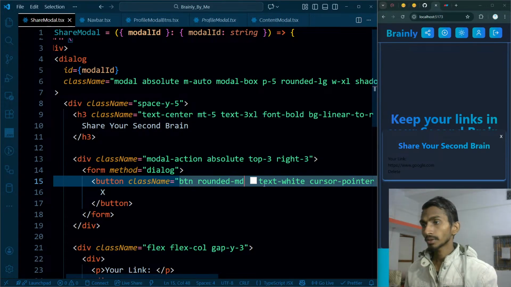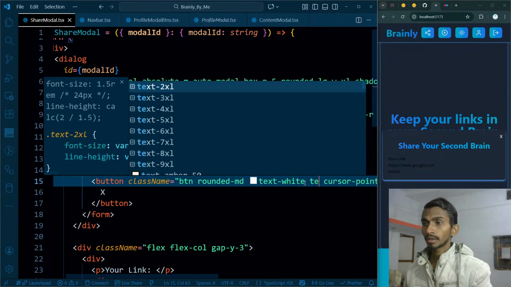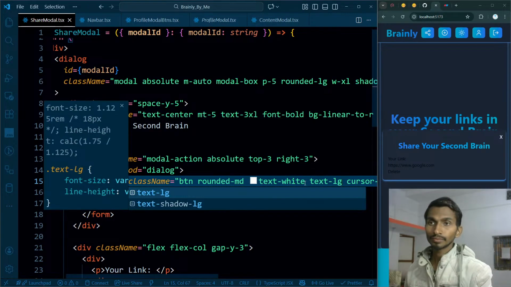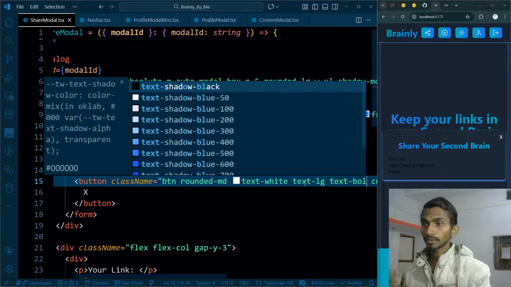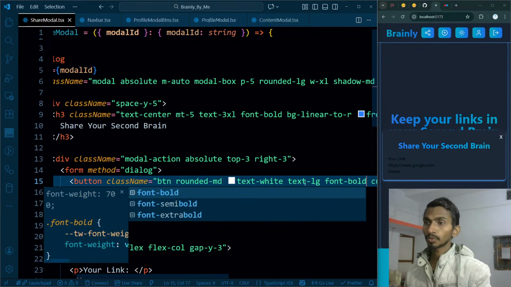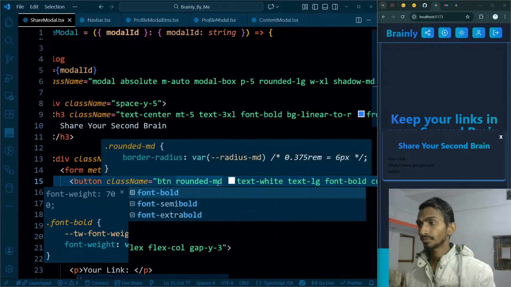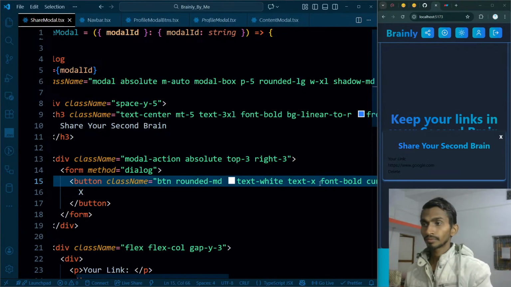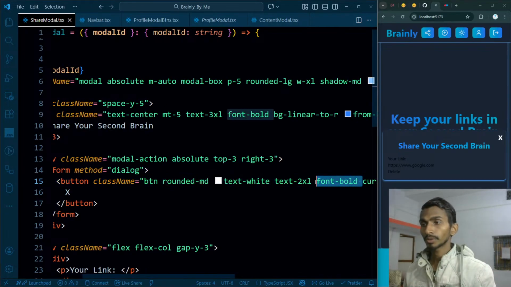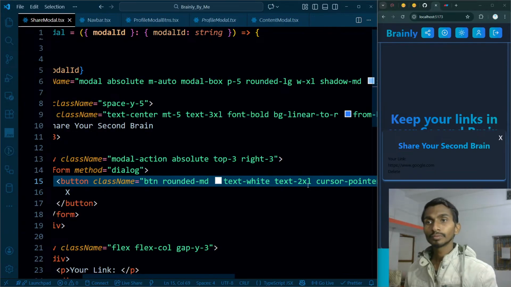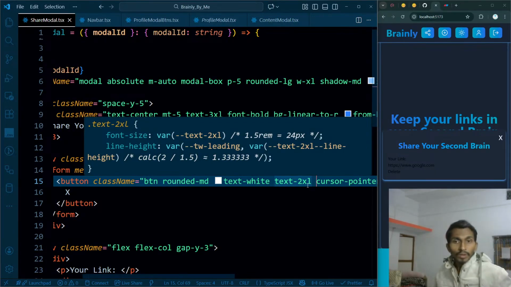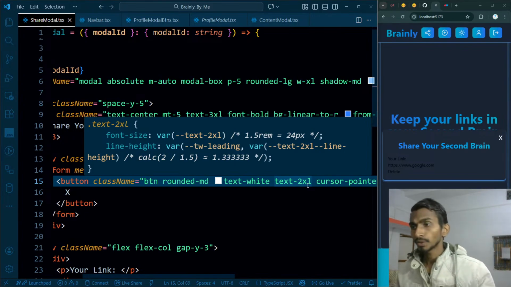Okay, as for the text, it's gonna be wide and large. Text is gonna be bold as well. Font is going to be bold. That's gonna be extra large. Let's make it 2XL. Get rid of this font bold. Okay, this is all that I can do for now, and as soon as I hover over that,